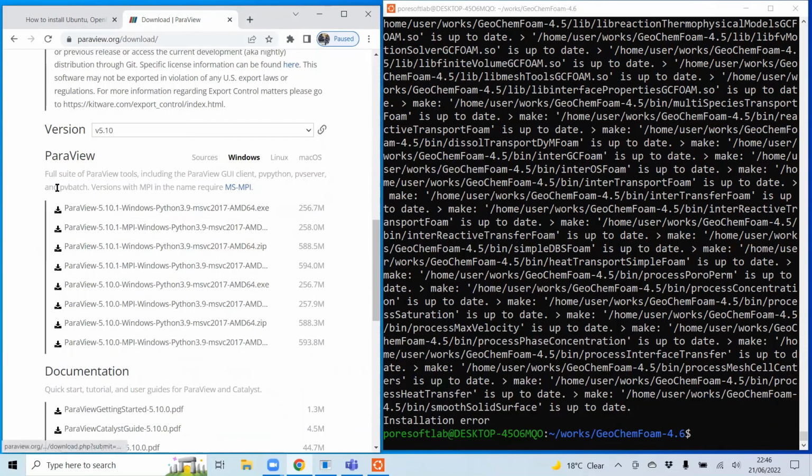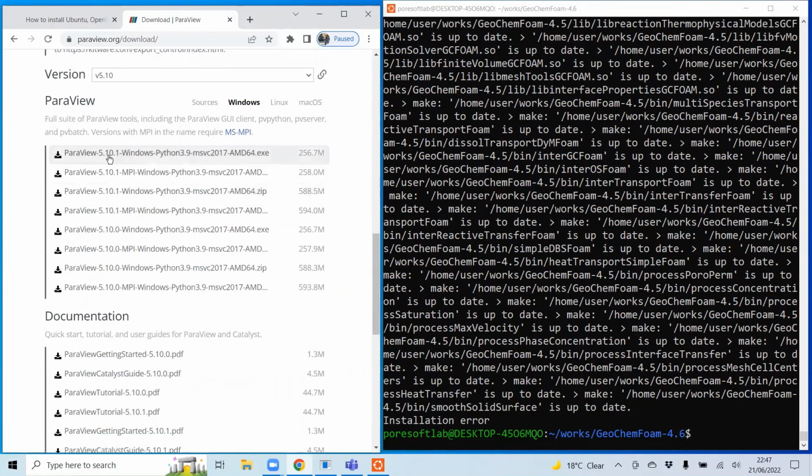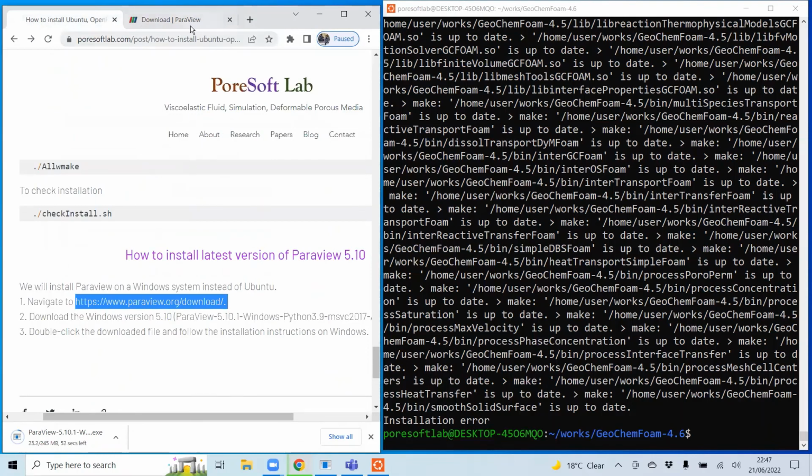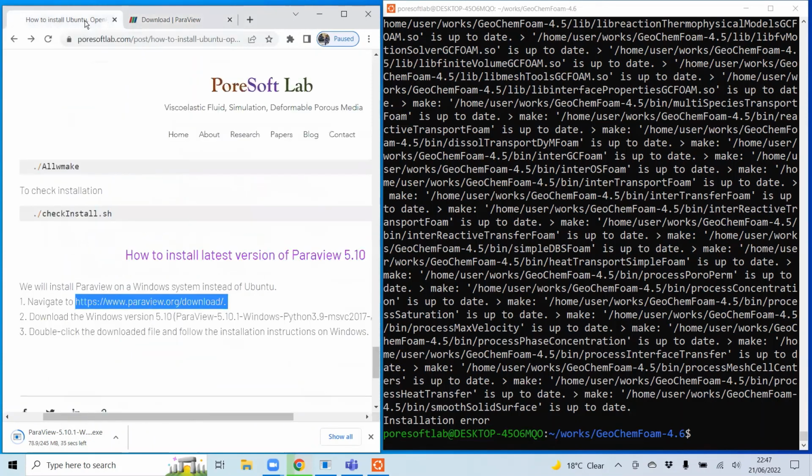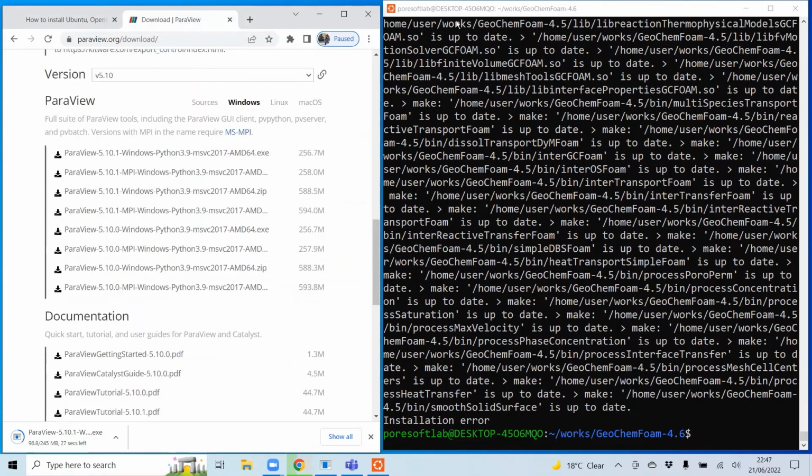And because my PC is Windows 64-bit, I will download this file first, and then we just need to follow the instructions to install this one.